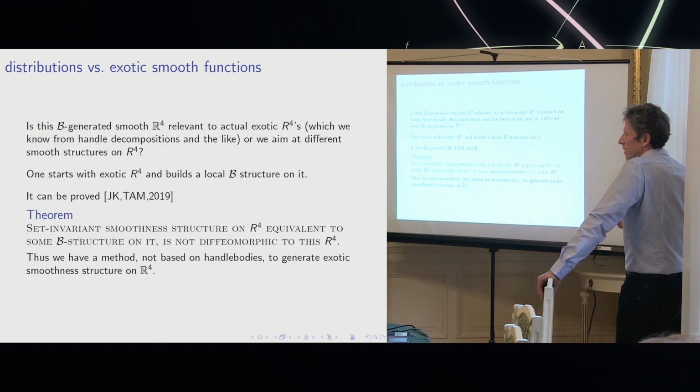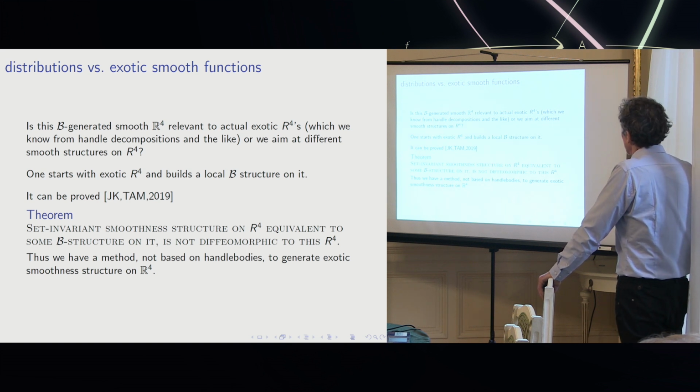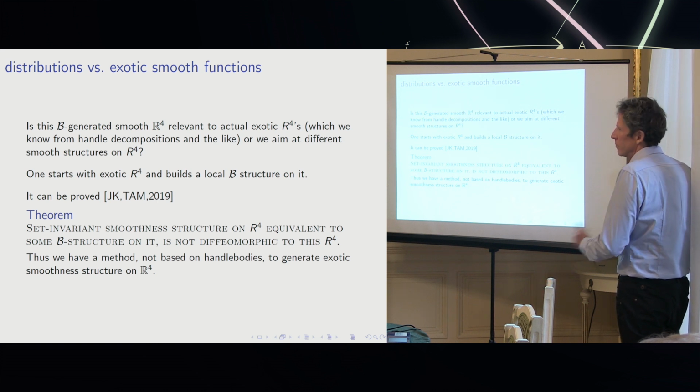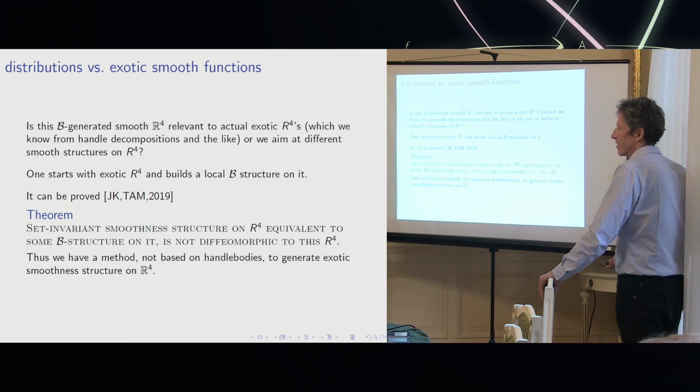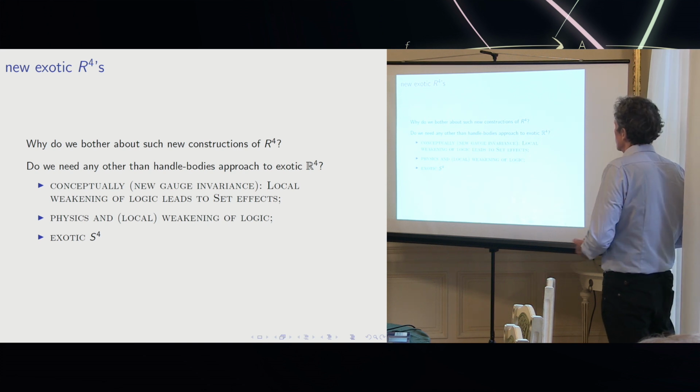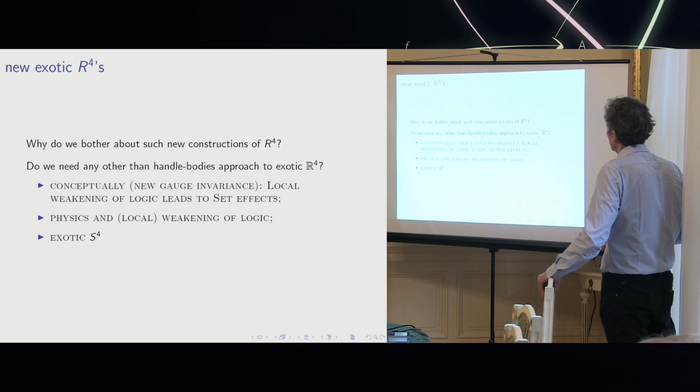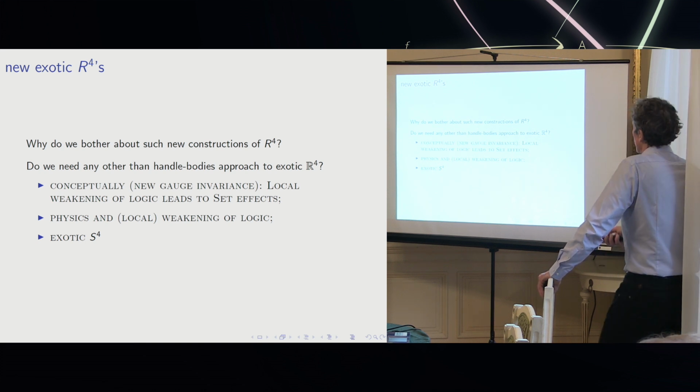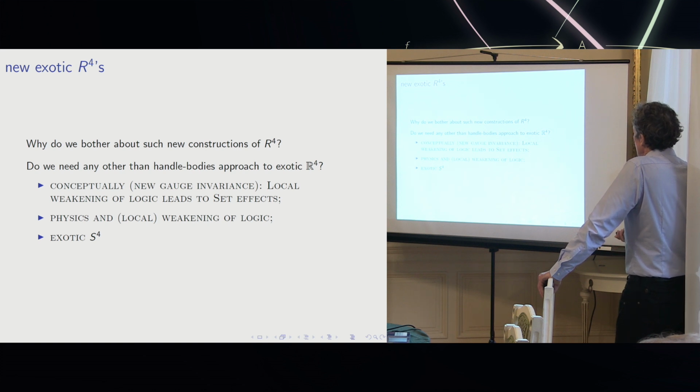And we don't use handlebodies here. Of course, we don't know, maybe not of course, but we don't know whether the resulting smoothness structures are always non-diffeomorphic. We don't know this, but we try to get some results in this direction. Okay, what if this construction would lead to some new exotic structure on R4, because we don't use handlebodies and we don't use known techniques applied so far, and what that means, and if there is really a place for such structures. And one particularly interesting point is exotic S4, exotic spheres, the four-dimensional spheres, which we don't